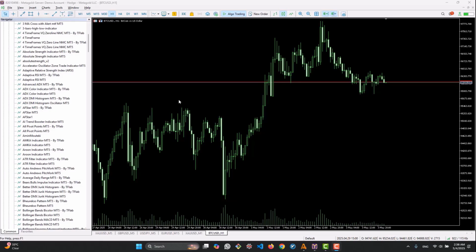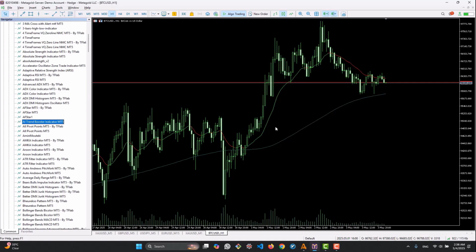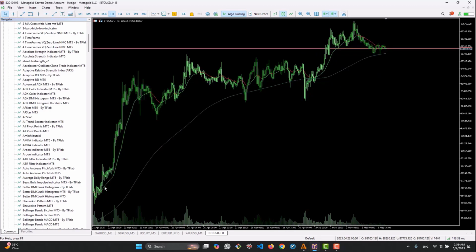Hello, in this video I will be reviewing the AI Trend Booster Indicator on the MetaTrader 4 and MetaTrader 5 platforms. This indicator helps us identify the market trend and also displays a line on the chart as a dynamic support and resistance line. This indicator is made up of two lines, with the line that changes between green and red indicating the trend. When this line is green, it signals an uptrend, and when it is red, it indicates